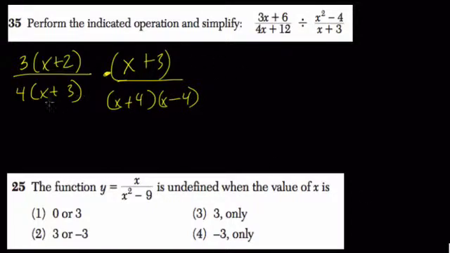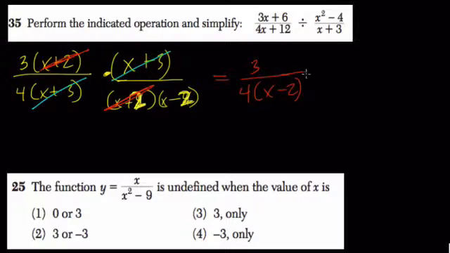So now some things will cancel out. This is how these problems are designed. Cross cancel there. Oops, and I made a mistake. This should not be x plus 4, it should be x plus 2. Because we're taking the square root of 4. Alright. X plus 2's cancel out. And you're left with 3 over 4